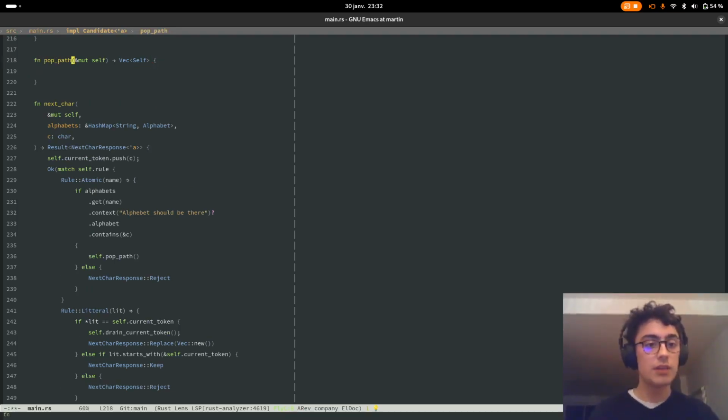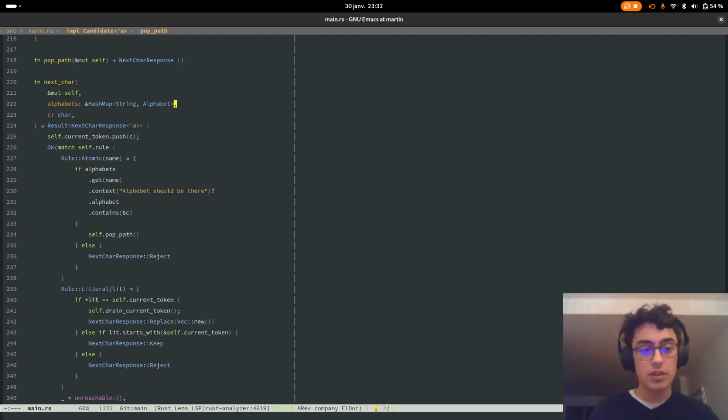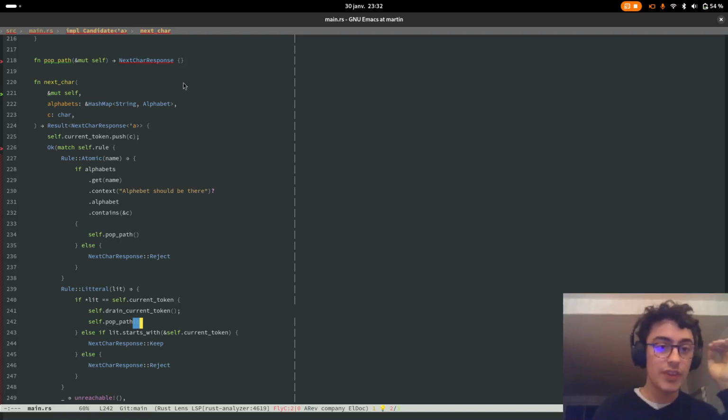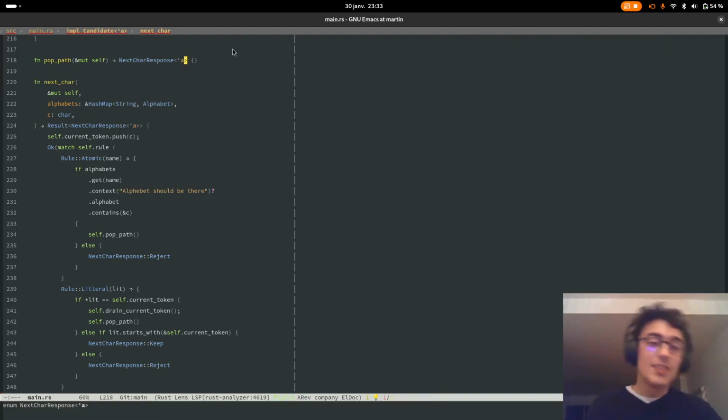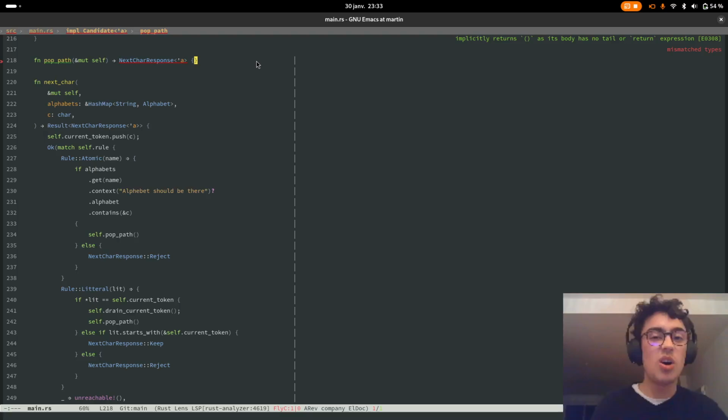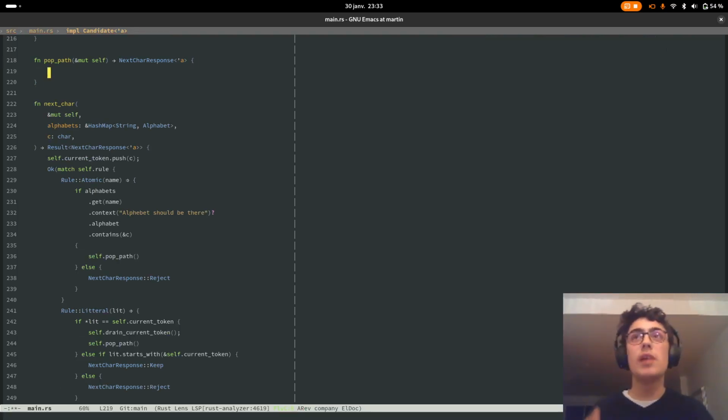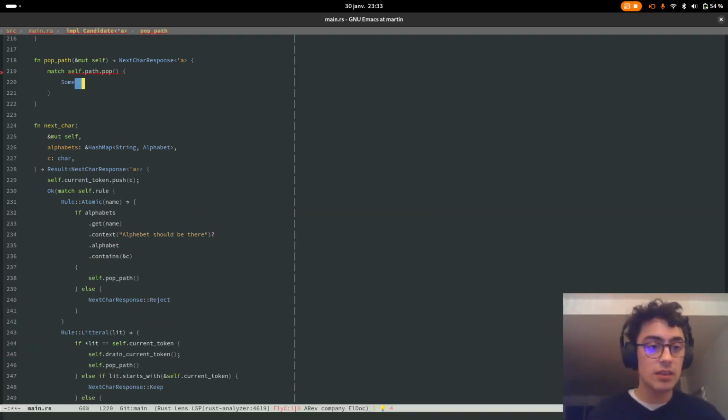Yeah, it's gonna return a vector of self, or perhaps it's gonna directly return the next car response. It's easier. And here we want to do basically the same after having pushed the thing on the token list. So yet again, I'm not sure about this A. I think we will have some ownership issue, no, a borrow lifetime issue, but we'll see later. So I have to do match self.path.pop if it is something